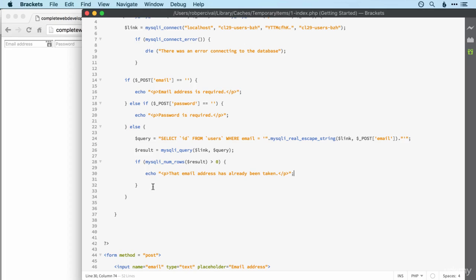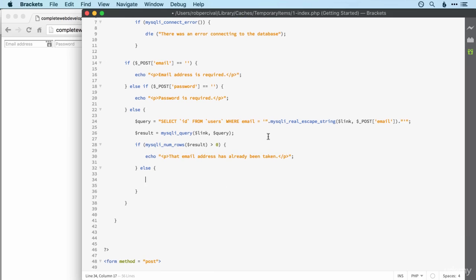All right, so the final thing to do then is to actually sign the user up if they've been successful. So we'll do that, of course, with another query. And here we're going to insert into the users table, and the columns that we're going to provide are email and password. And the values that we're going to give for them are